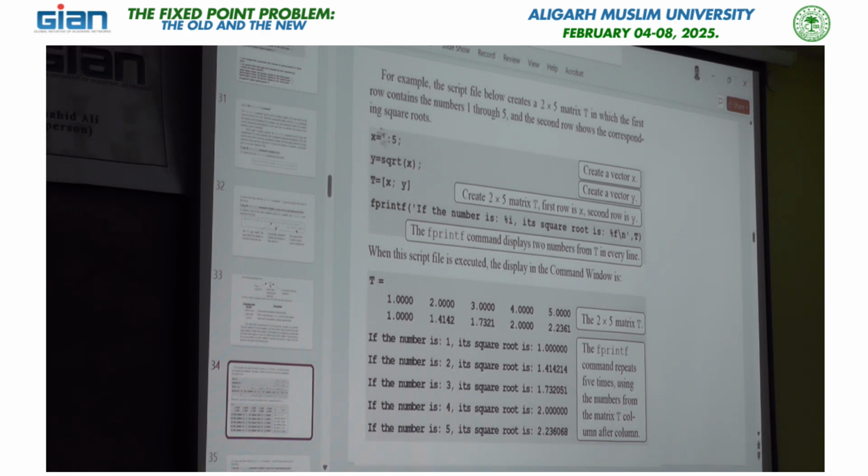I want to find the square root of those 5 numbers. So the square root of x function has to be assigned to y. Within T we have saved x, and this is used to break the row, x, y. This is assigned within T, matrix T. And in fprintf, the number is percent i, I want to print values in integer form, its square root is percent f. I want to print the square root in decimal form and the input values 1, 2, 3, 4, 5 in integer form, backslash n, this is used for a new line, and we are printing the values of T